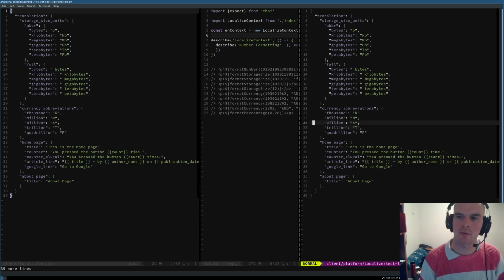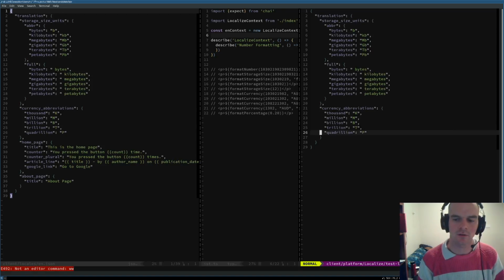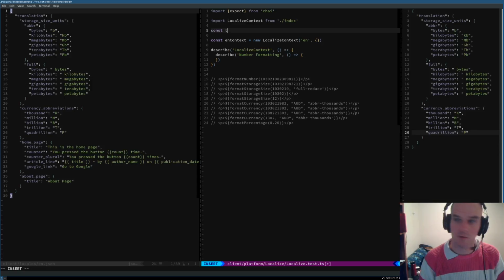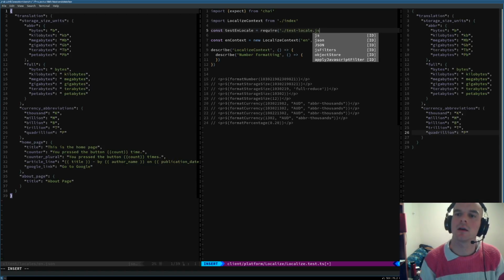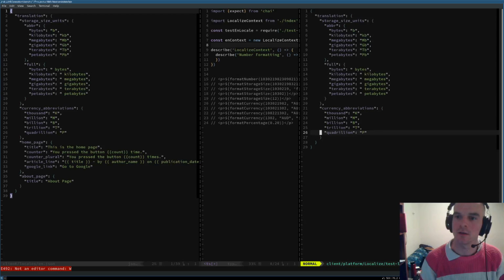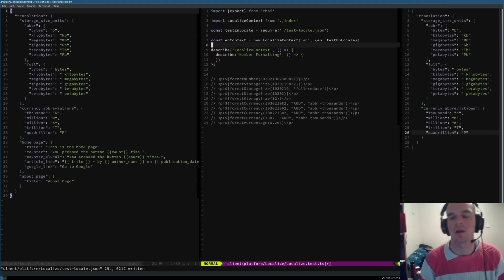And this is good because we can get rid of the home page, the about page, because this literally only needs the stuff that is required for the test locale, right? So now we can go const test en locale equals require test locale.json, and we can attach that to en, and we've got ourselves a properly populated localized context.